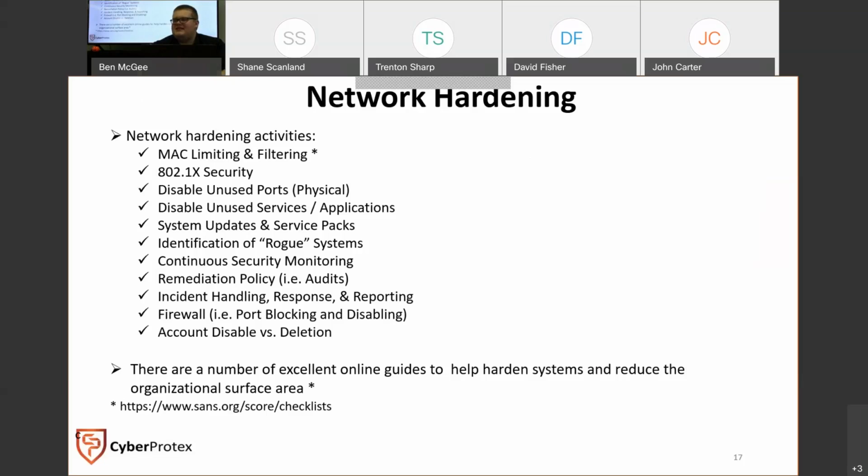Another thing is going to be incident handling, response, and reporting. Ben had mentioned we were running an incident response with a ransomware attack recently, and one of the biggest things I had to learn was, okay, what do I need to be taking notes of here? We had a question come up of, do we need to contact law enforcement? Who do we call? There are some things there to be cognizant of. We never want something to go wrong, but if you're hit with a cyber attack,